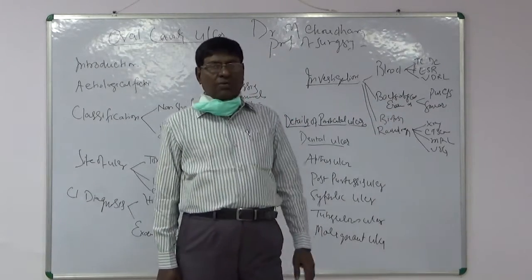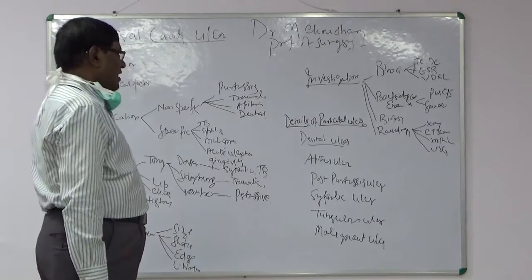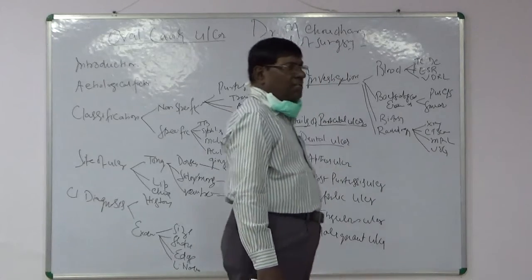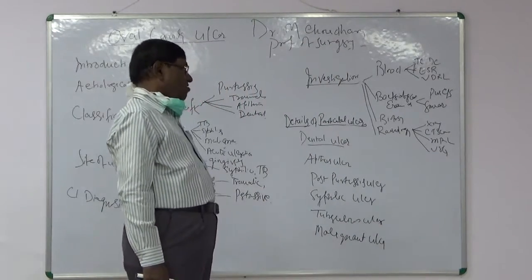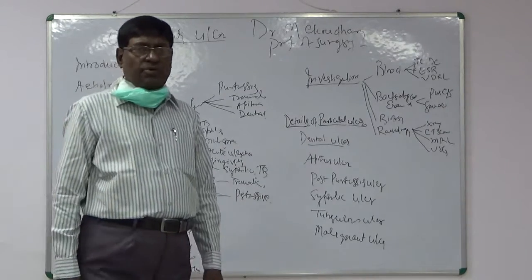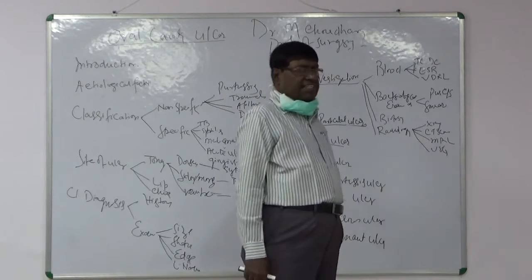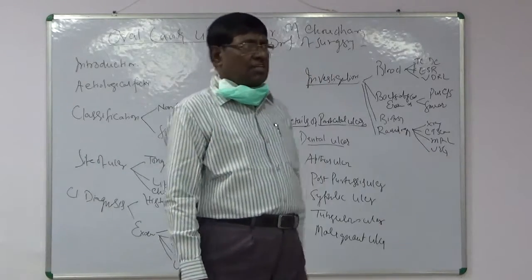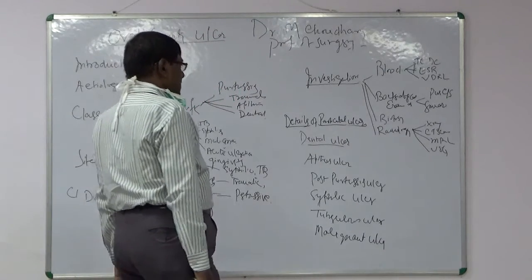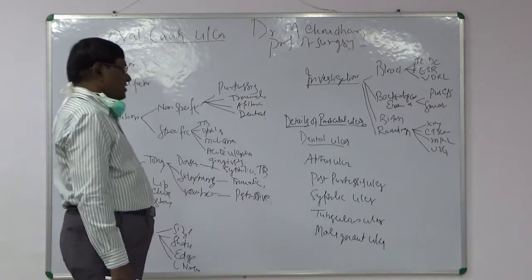Last one is the X-ray. You can do an X-ray of the mandible or X-ray of the other surrounding structures, and a CT scan can be done, but these are less important in case of the formation of an ulcer. But in case of carcinoma of the tongue or a carcinomatous ulcer of the lip or buccal cavity, you can do the MRI and also the CT scan that will tell about the extent of the lesion and metastasis of the lesion, and then you can do the staging of the carcinomatous ulcer in case of the buccal cavity or the tongue.